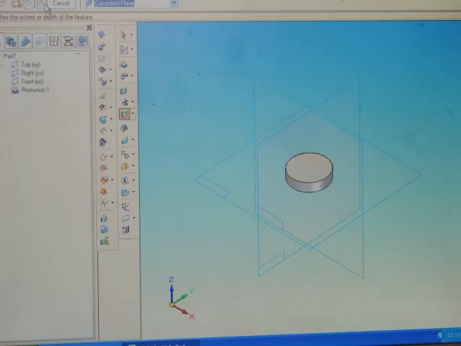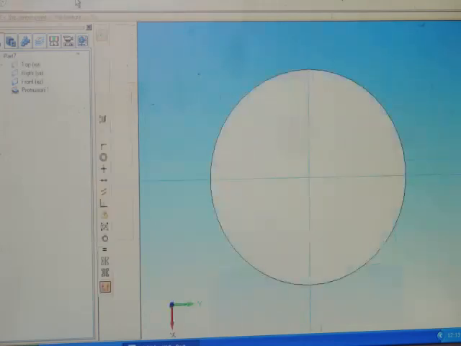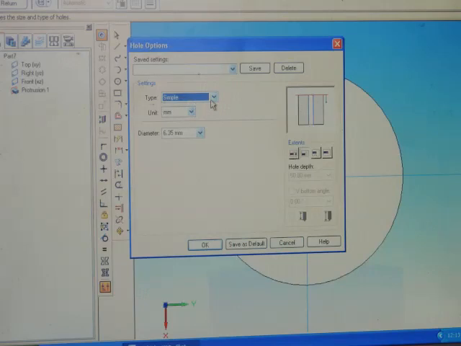So this is a countersink hole. The hole diameter is 14.5. The countersink diameter is 25, and the angle is 90 degrees.